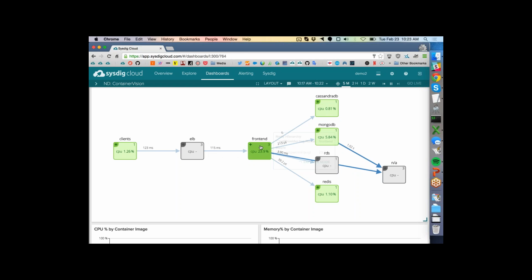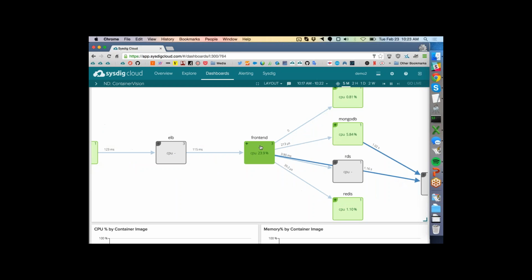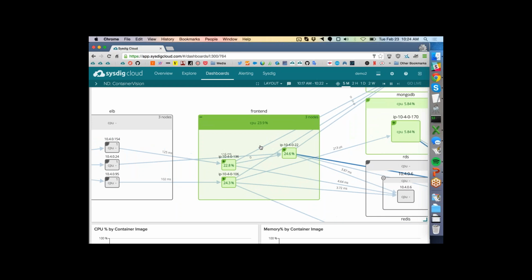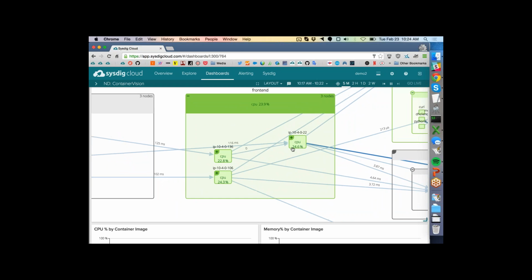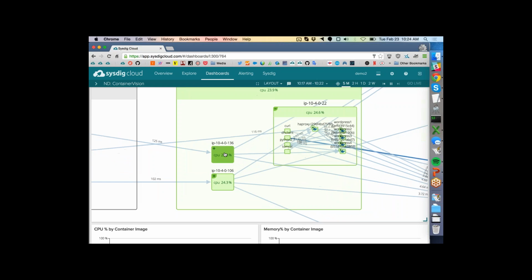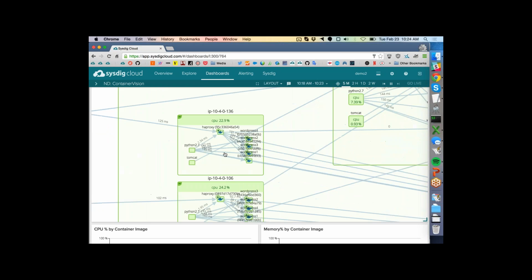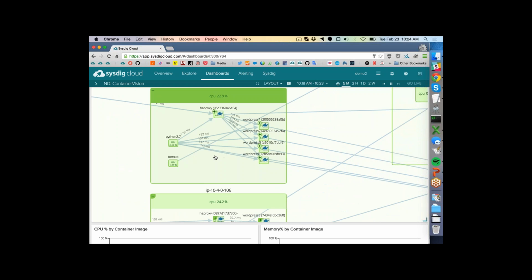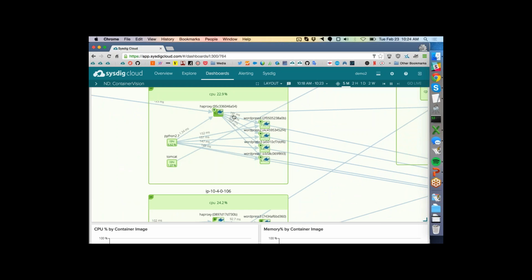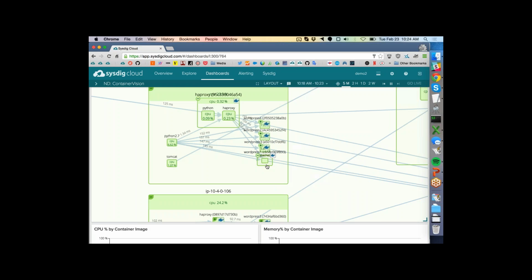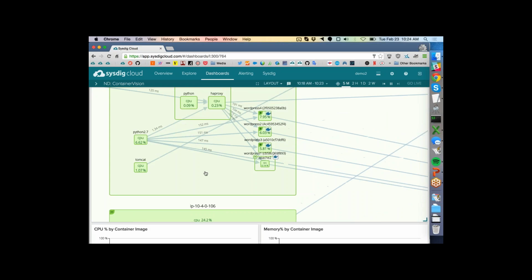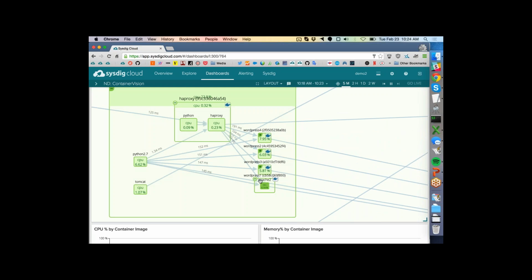Now where this gets more interesting is I can actually start to zoom in. We like to call this Google Maps for your infrastructure because you can start with that bird's eye view and then start to dig down into the nitty-gritty in your environment. So here I see the actual 3 EC2 instances that are running in this front end here. And I can actually keep going all the way inside of these EC2 instances. Now I'm seeing individual processes and individual containers, as marked with this Docker label, running on this machine. And I can even explode out these containers and see the individual processes running in each container. So now I see I've got an HAProxy container, which is distributing load across 4 WordPress containers.